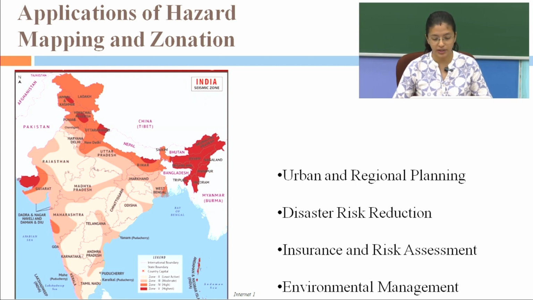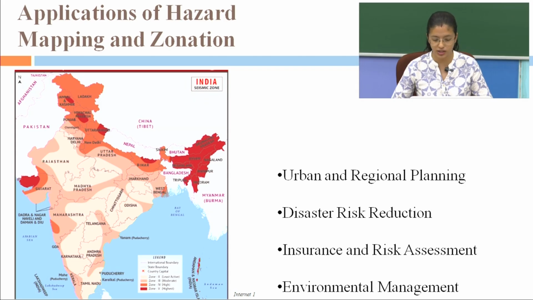What are hazard mapping and zoning? Hazard mapping involves creating maps that highlight areas affected and vulnerable to specific geohazards, such as earthquakes, landslides, and floods. These maps are typically based on historical data, geological assessment, and predictive modeling. While hazard zonation is classification of these regions into zones according to the level of risk they face, like they can be low risk areas, moderate risk areas, high risk areas, and very high risk areas, prioritizing areas for mitigation